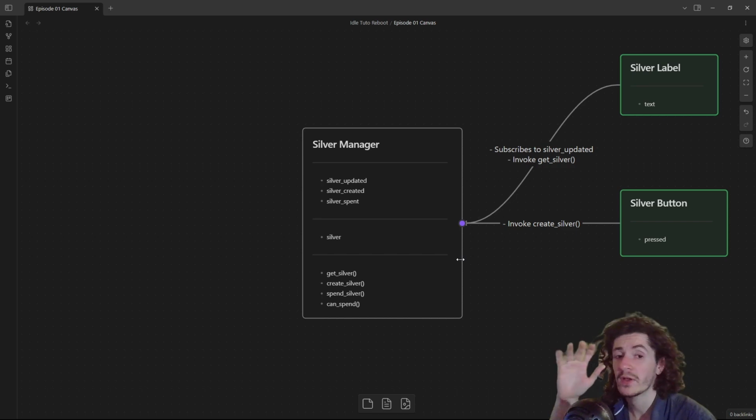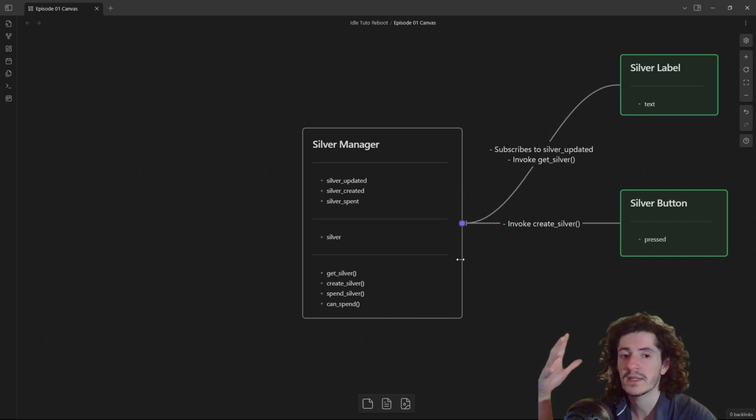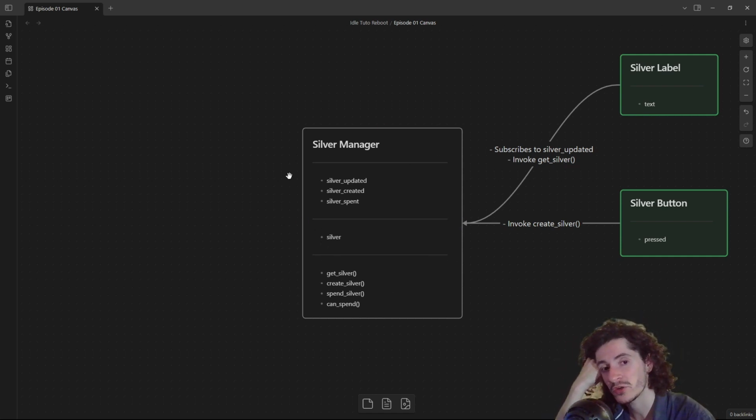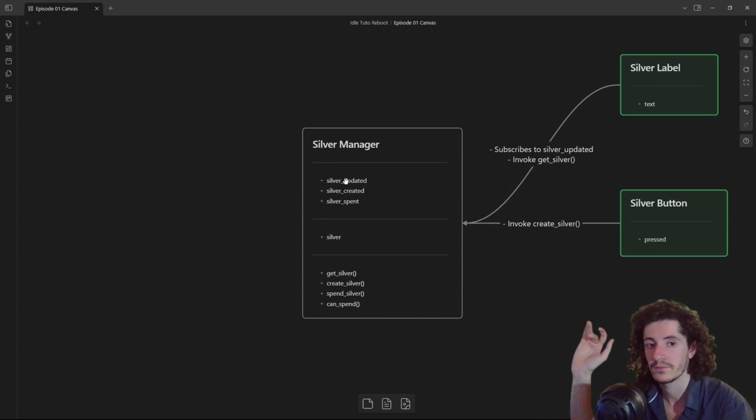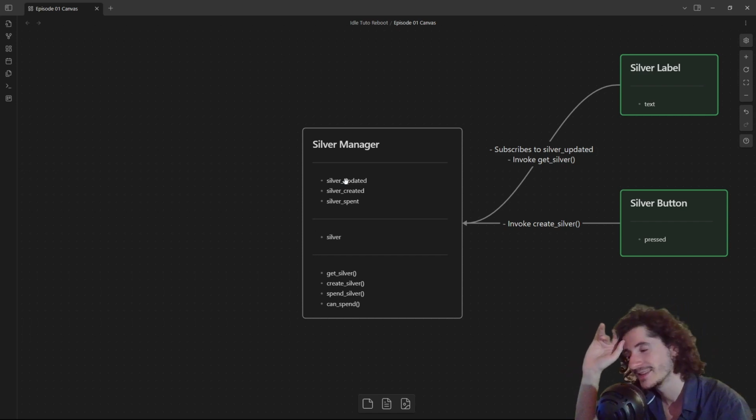So, singletons basically are objects or units which are easily accessible from other parts of the script. This is only one aspect and dimension of what singletons are, but this is what we will be using, and why we are choosing to use a singleton, because we want our silver manager to be accessible from anywhere in the game. We clear? So,